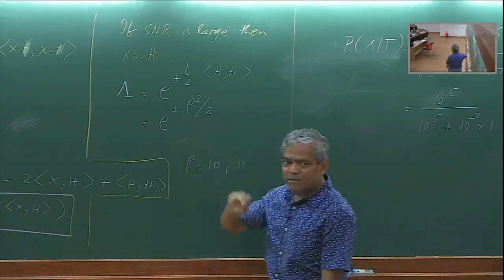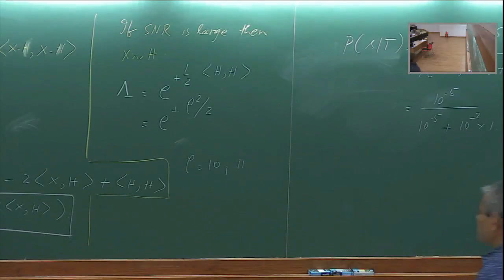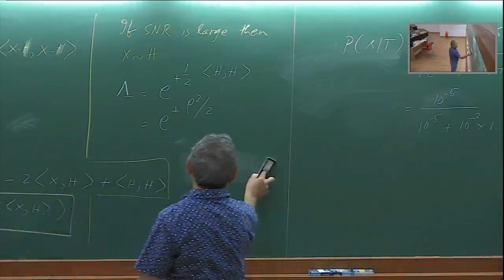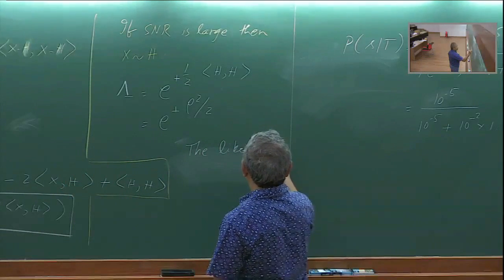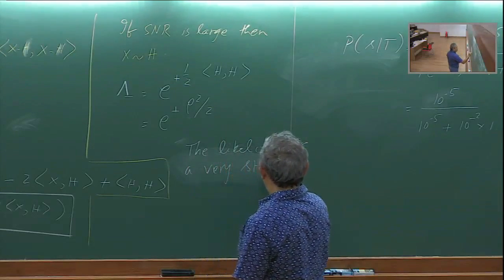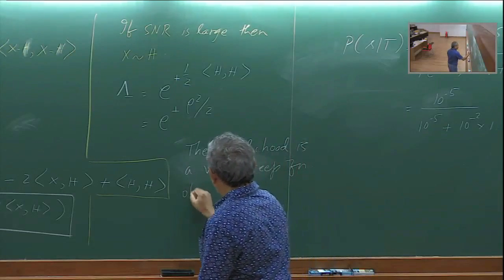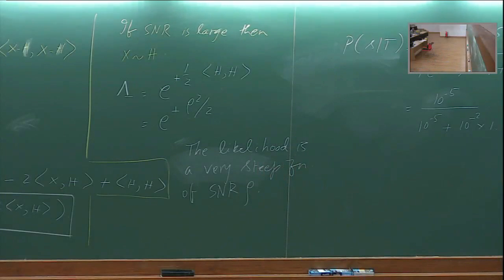And it's all because of this. The likelihood function is a very steep function of signal to noise ratio, SNR rho. Noise being Gaussian, right? Yeah, but it is very well reflected, even our data analysis eventually is so good. It's glitchy and not, but eventually it follows the Gaussian.